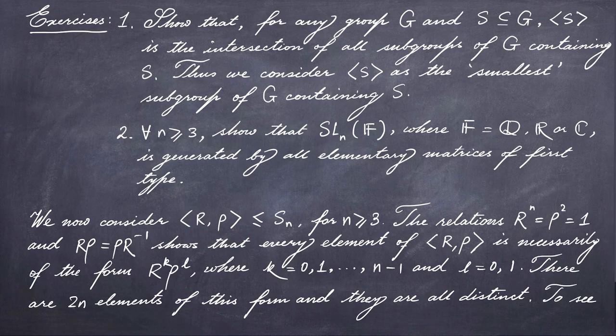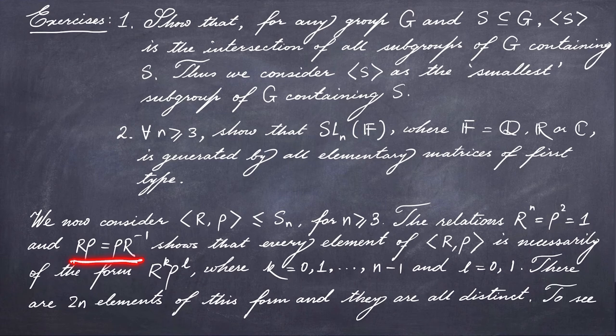We do have these relations: since r is an n-cycle, r to the power n is 1, and that's going to be the order of r. Similarly, the order of rho is 2, and r and rho interact between themselves in this manner. So these relations immediately tell us that every member in this subgroup generated by r and rho has to be necessarily of the form r to the power k rho to the power l, where k runs from 0 to n minus 1 and l is 0 or 1. Because in any product of r and rho,